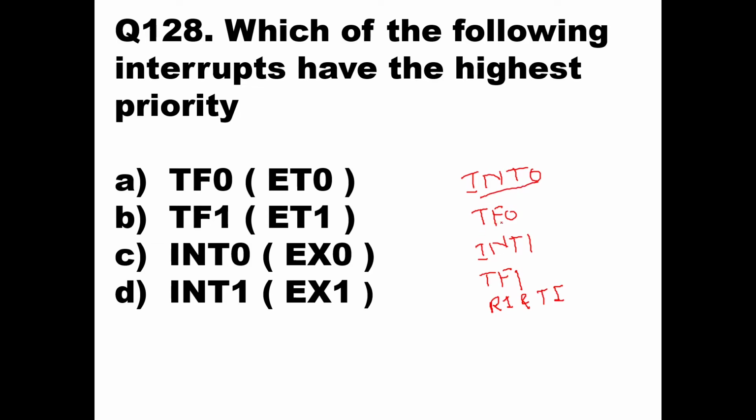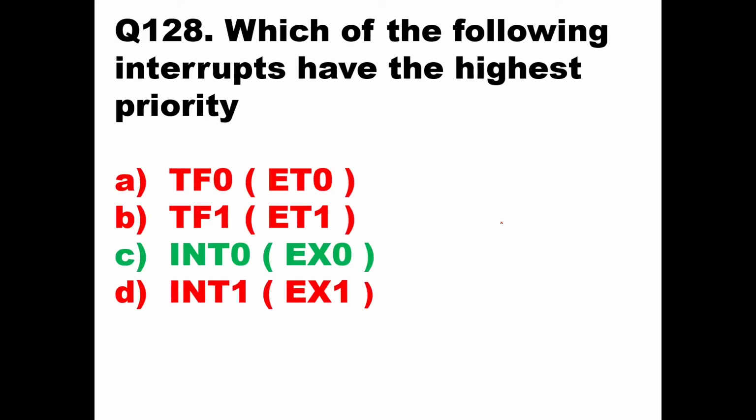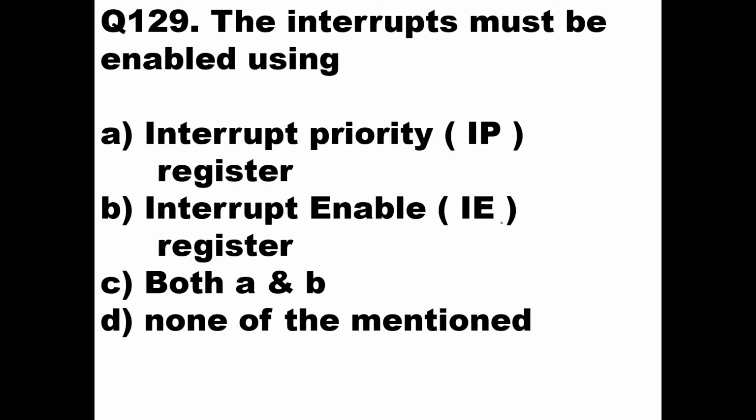So the answer should be C. Answer C is INT0, that is external interrupt 0. INT0 will have the highest priority. Clear? Highest priority means that if all these interrupts occur at the same time, then the 8051 will entertain INT0 first. It will service INT0 first, and then it will service TF0, then INT1, and then TF1. In this way the priorities of interrupts work. Then we'll go to the next question,